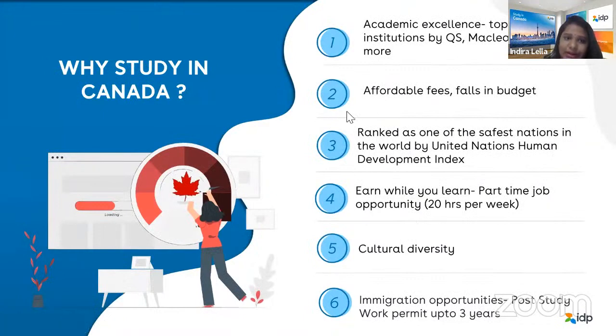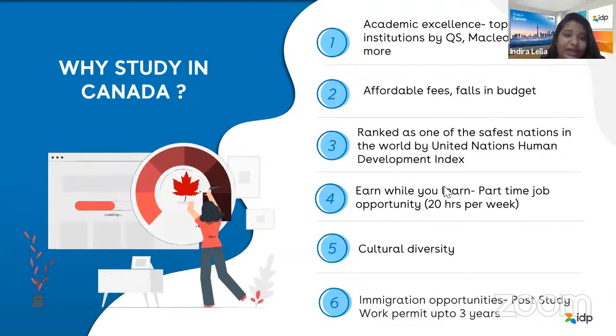as everybody has a checklist, right, before you go ahead and apply for any institutions. So obviously you'll have your preferences. These are the priority list a student has to consider when finalizing a university or a college or a destination. So first of all, let me tell you, most of the institutions in Canada that we are dealing with actually have a DLI number. Now, what is this DLI number?